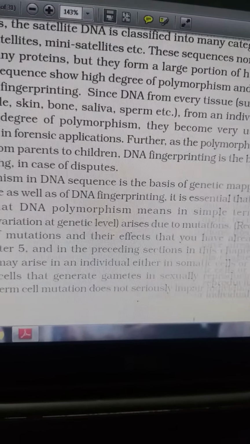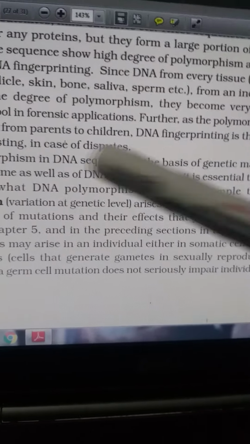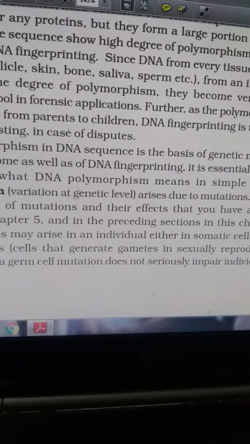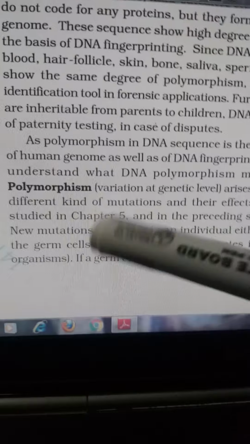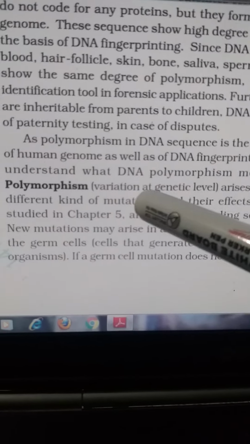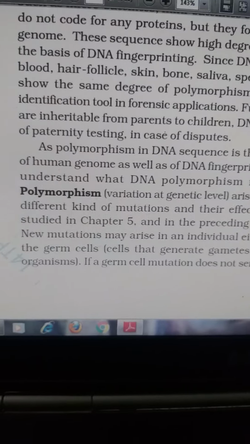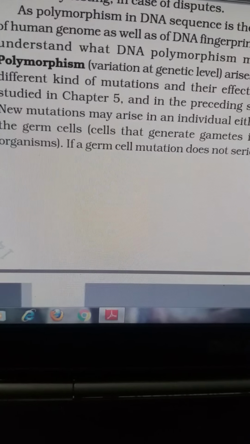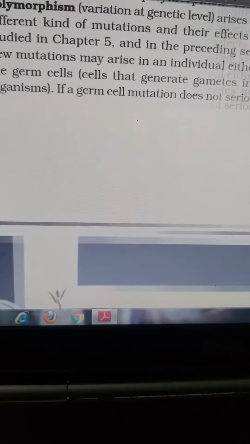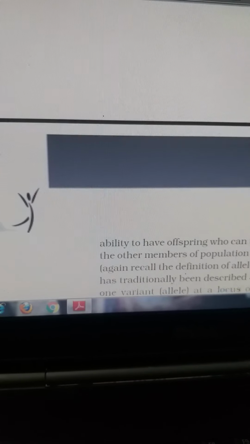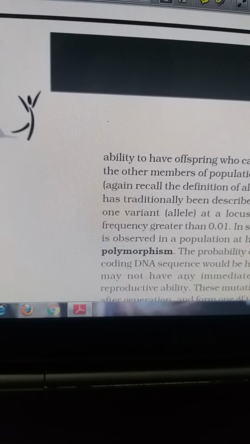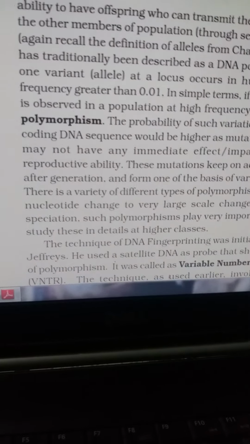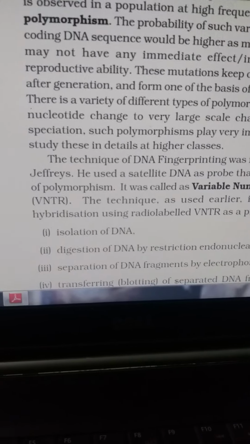What is DNA fingerprinting based on? Generally paternity testing, and secondly criminal forensics. They show polymorphism. You know what polymorphism is? DNA polymorphism means variation at the genetic level. That means if they belong to a particular person, the DNA sequence will be the same. They are used for sampling an individual. For example, they can be detected to match a stain from any human organ, blood, or hair. Polymorphism also means mutation, changing the sequence to a certain extent.